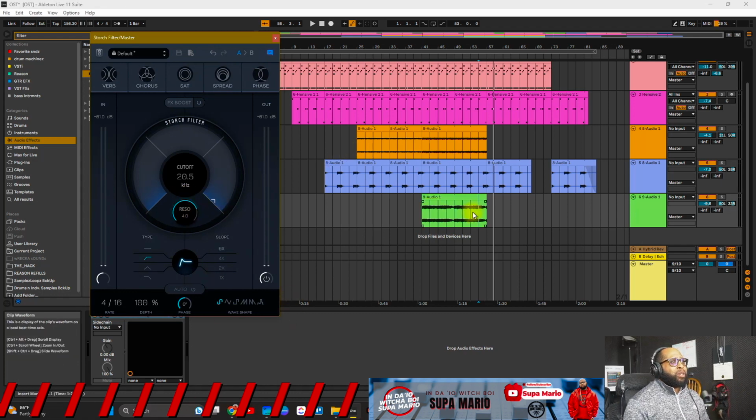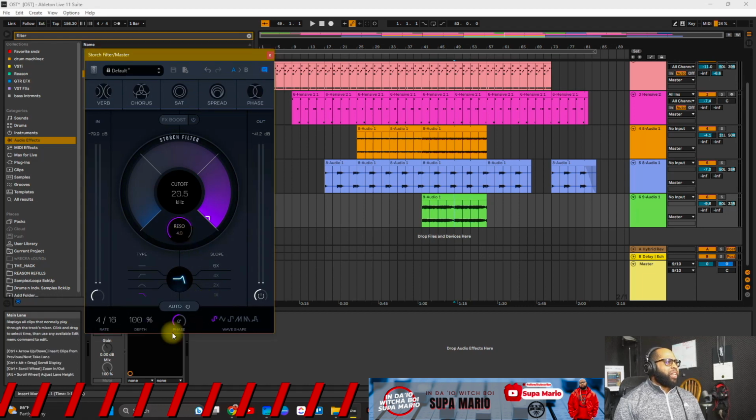Now let's have a little bit of fun, and let's just use a low pass filter for right now. We're going to keep it again at 6 times on the slope and the resonance at 4. Let's talk about the LFO section right here, okay? For some reason, this button to turn on the LFO has auto on it. I'm not exactly sure if that's just the label of auto filtering or whatnot, but I'm quite sure it's alluding to when you hit the play button, it's going to give you the LFO effect by default. So when we hit the play button,